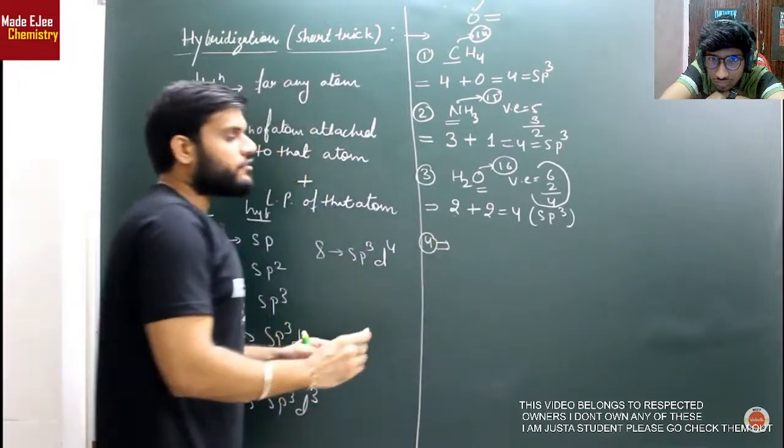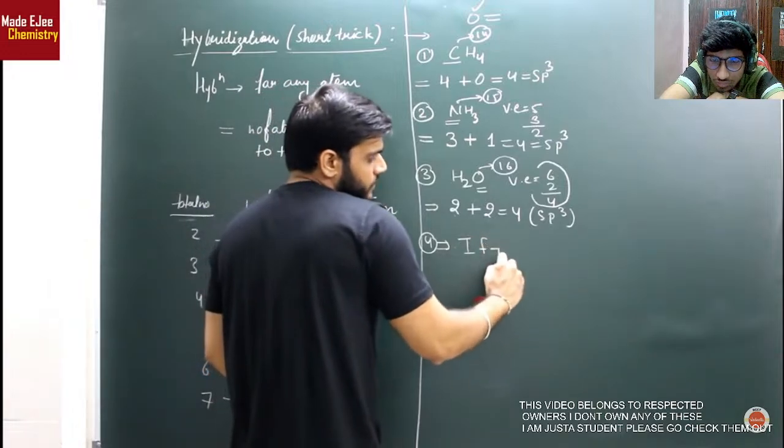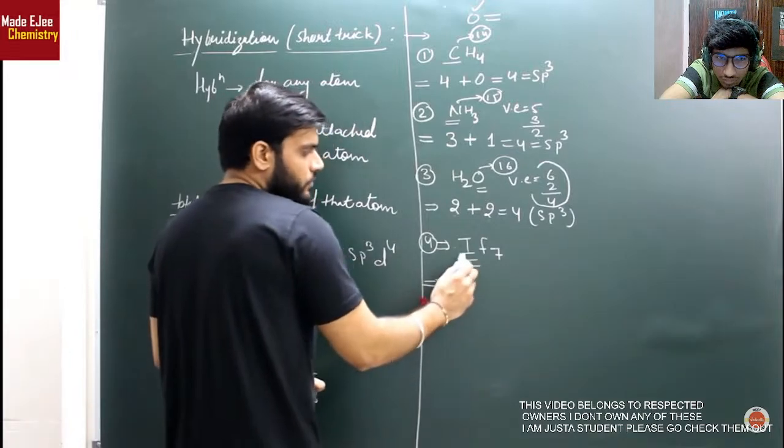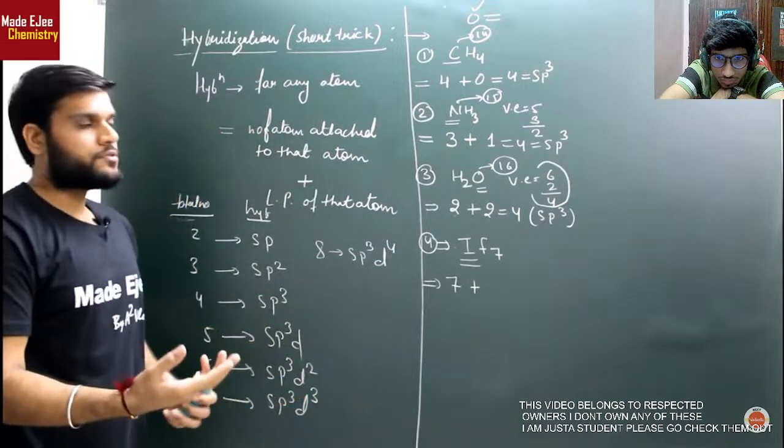और क्लैरिटी आएगी। थोड़ा सा डिफिकल्ट एग्जांपल की तरफ चलते हैं। सपोज आपसे पूछ लिया यहां पे, सपोज IF7। तो अगर IF7 में आपसे पूछ लिया कि यहां पर IF7 में जो आयोडीन है उसकी हाइब्रिडेशन आपको कैलकुलेट करनी है, तो बड़ा आसान है। सबसे पहले तो नंबर ऑफ यहां पर एटम अटैच, आयोडीन के साथ एटम कितने अटैच हैं, 7, सही है। प्लस लोन पेयर चेक करो।